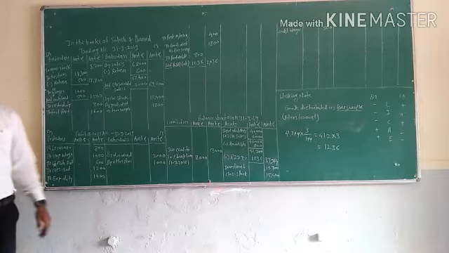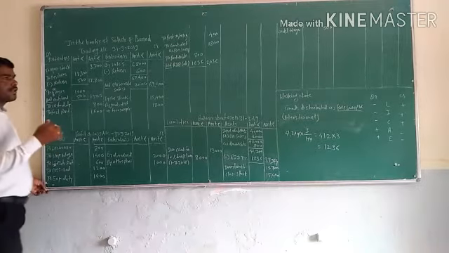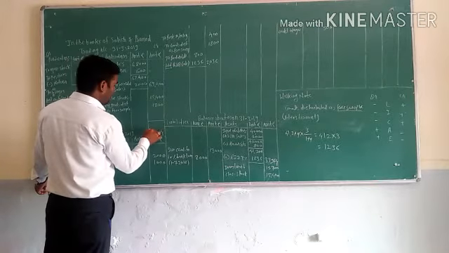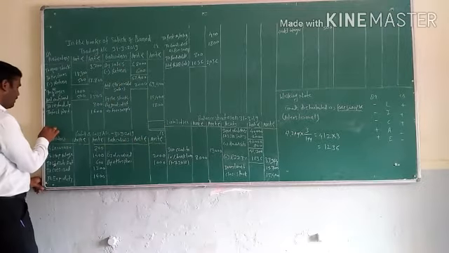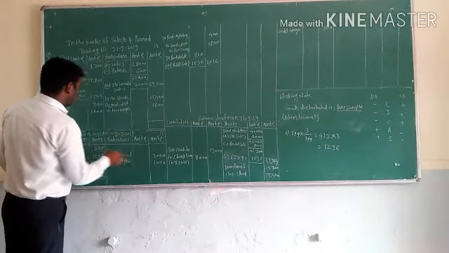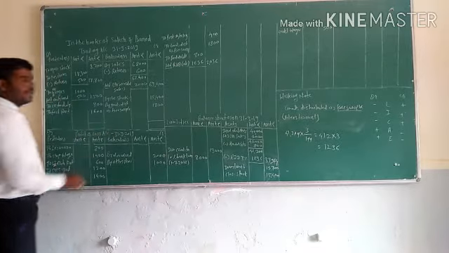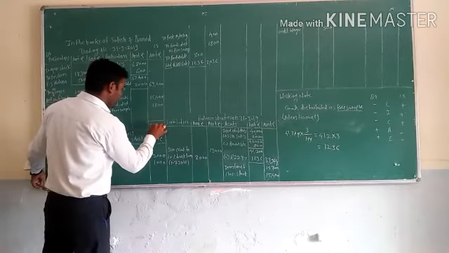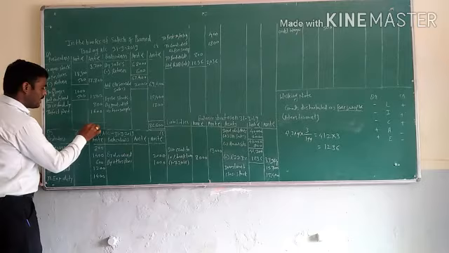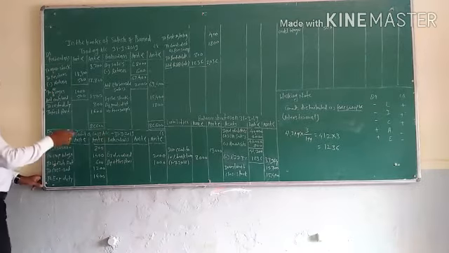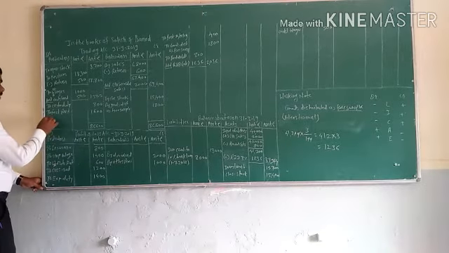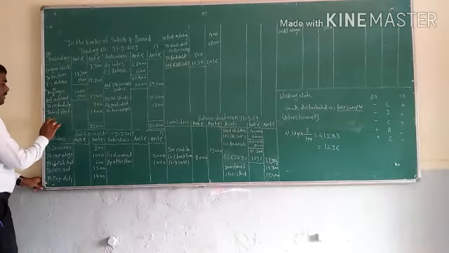This is the effects of transaction. Now close the books of account. Firstly, close the books of the trading account. The total of the trading account is 86,600, and this is the total of the credit side. Now the balance is gross profit.